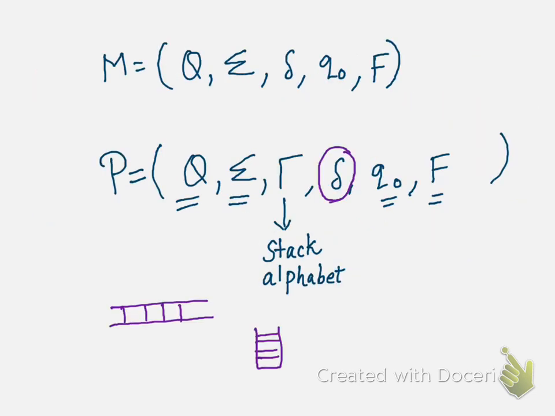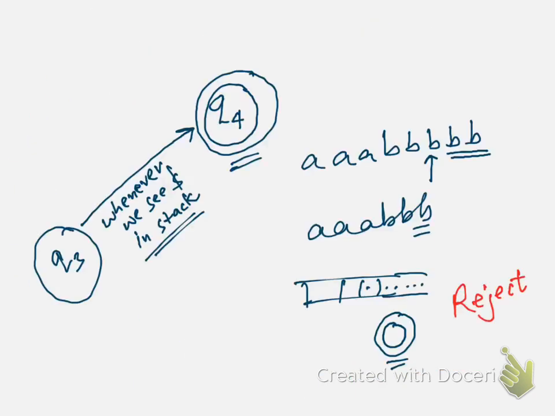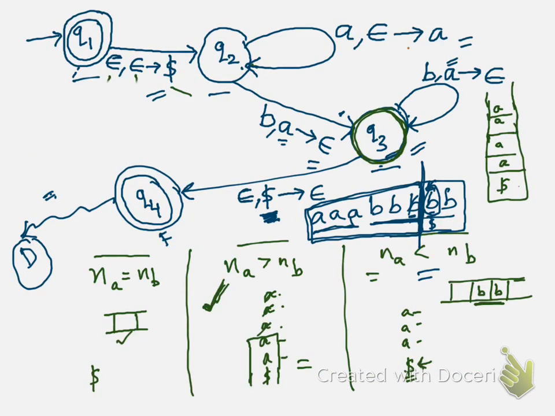You should try one or two more examples for this and it will become all the more clear. So we are done designing this machine for a^n b^n, and the machine looks something like this. Now when you have a machine like this, you can fill in and write all your tuples.